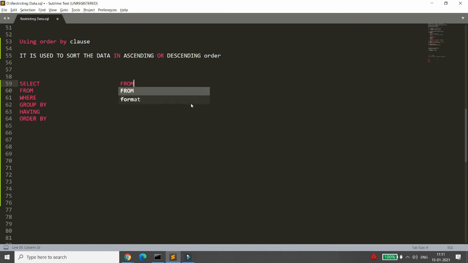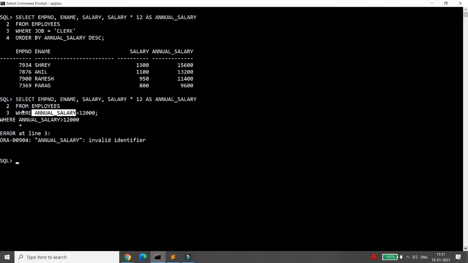But the execution order is different. First it will execute from, then it will execute where. So whenever you are running this, your from will run first, then the where. It will not know the value of annual salary because the select clause is not evaluated yet.